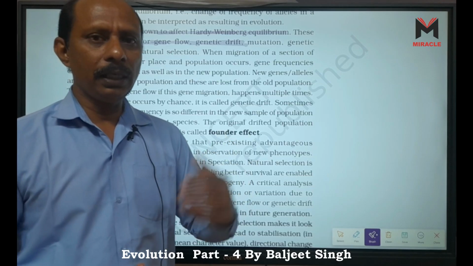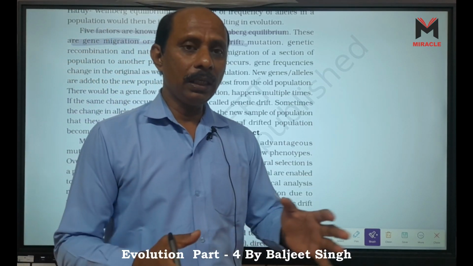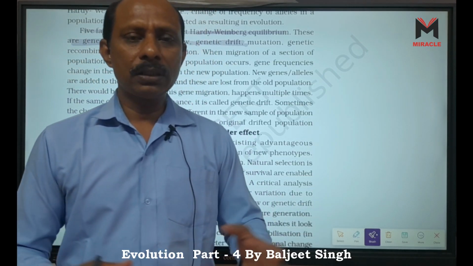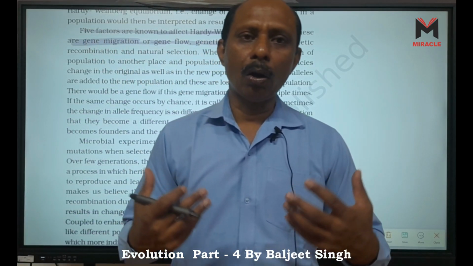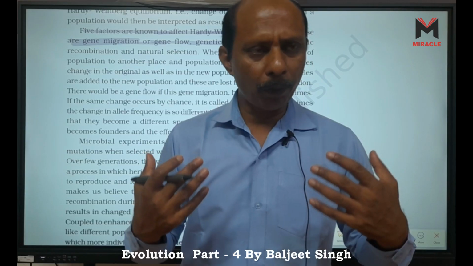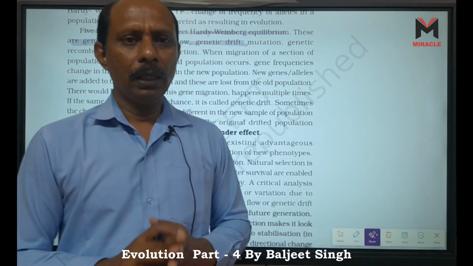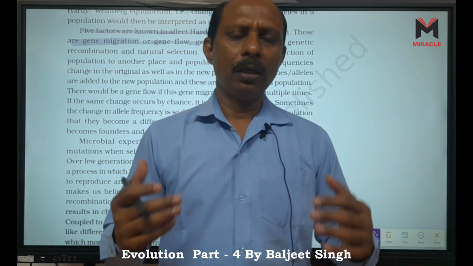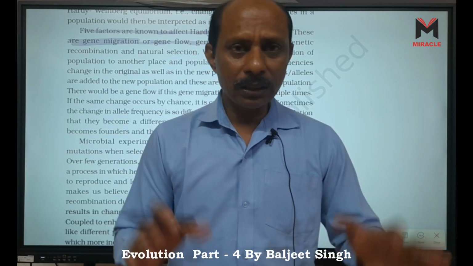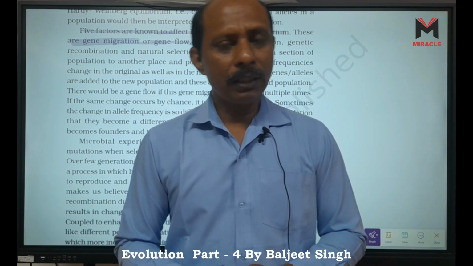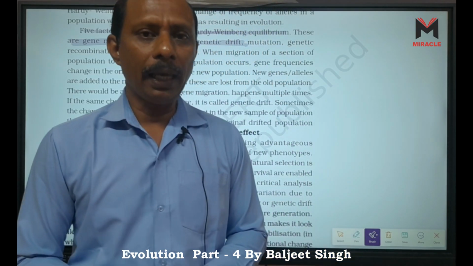Sudden shift in a population, sudden changes in alleles. What happens during some calamities? Suppose a forest fire happens. Maximum alleles are lost, maximum individuals in this population are lost. Some genes or alleles are totally lost, right? So this is called sudden change. It is called genetic drift, and this effect is called bottleneck effect.